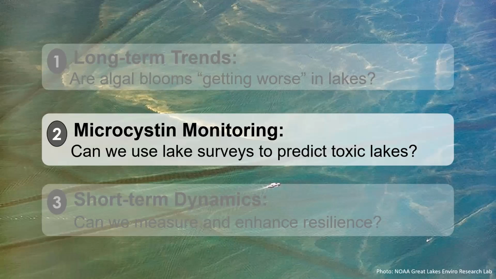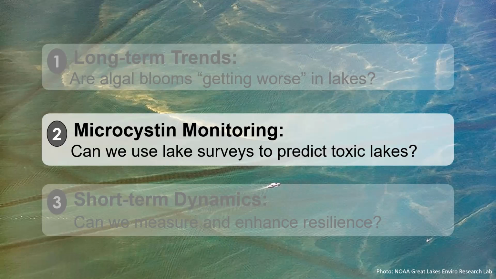Now, one of the questions that I often get when I present that story about long-term trends is, well, what about cyanotoxins, right? We were just looking at biomass of phytoplankton, but what about cyanotoxins, and are they getting worse? And I wish that was a question I had the ability to answer right now. There are lots of really great long-term microcystin monitoring data sets out there. They're not collated in a way like we were able to find the chlorophyll data. And so that's still work that we're undertaking and interested in doing, trying to understand how those microcystin trends